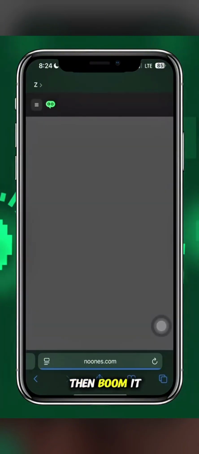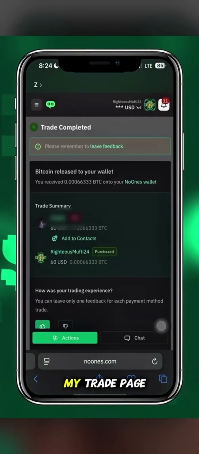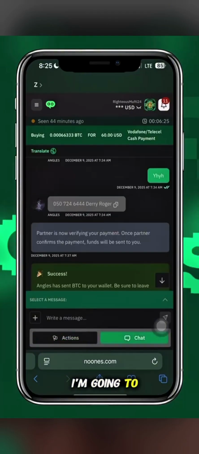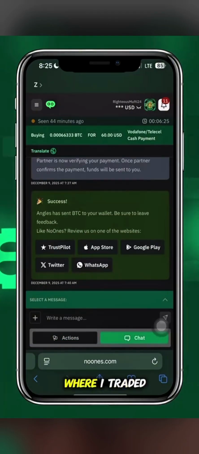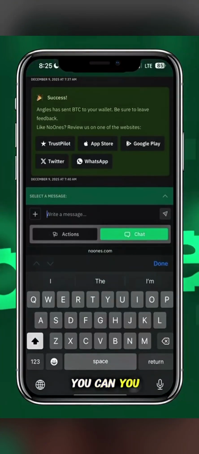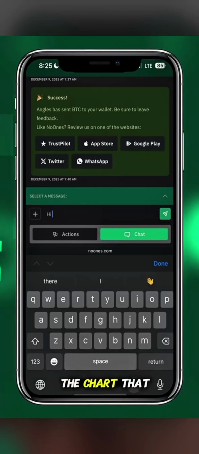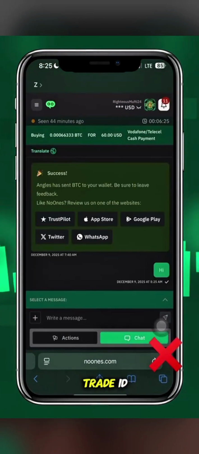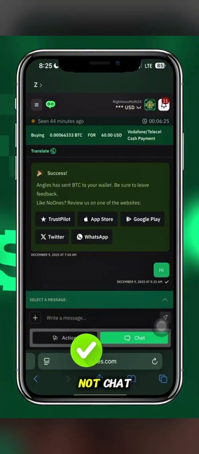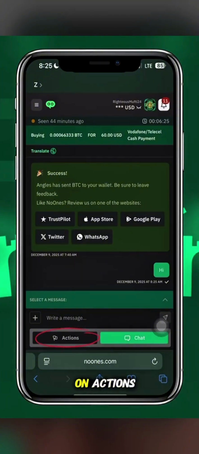Then boom, it sent me to my trade page. You can see the chat where I can chat with the person I traded with. So let's say hi. So this is the chat. That's not where you find your trade ID. Rather, you move to actions. So not chat, but rather actions. So I tap on actions,